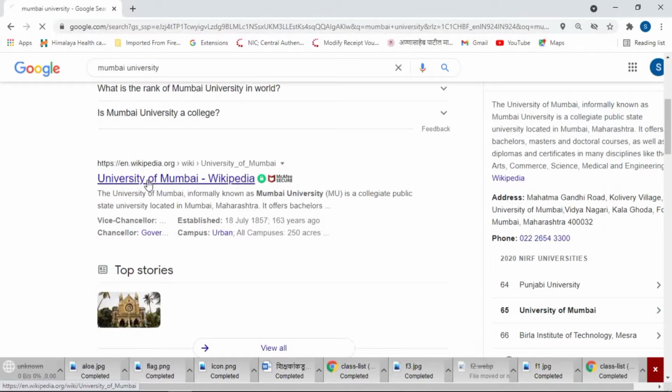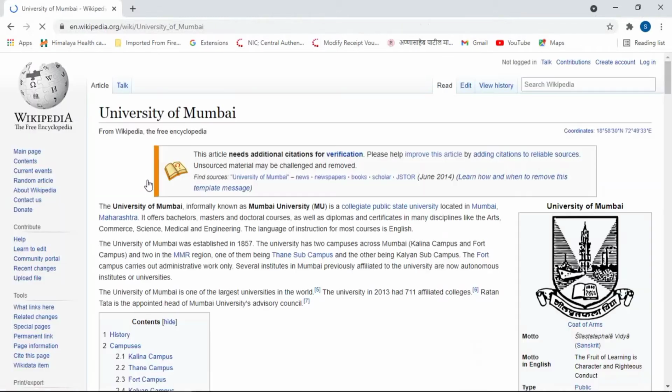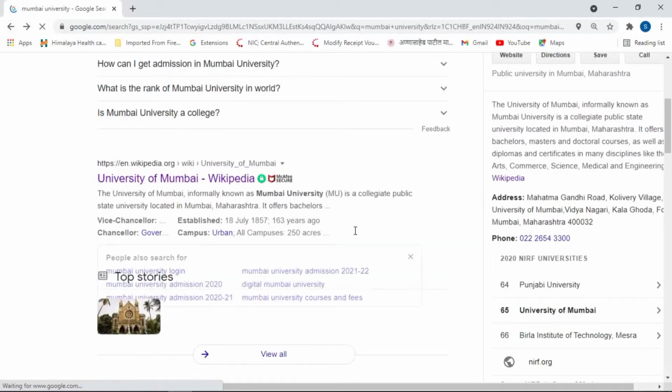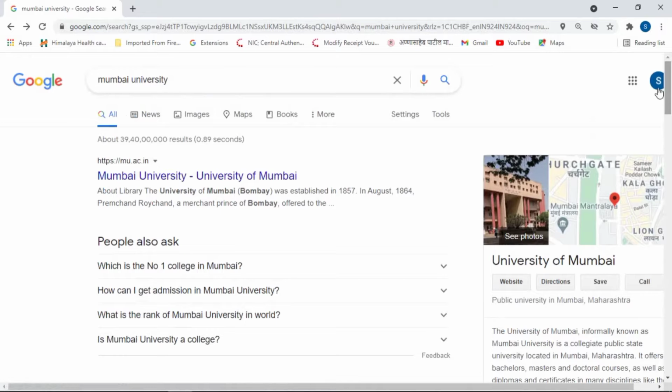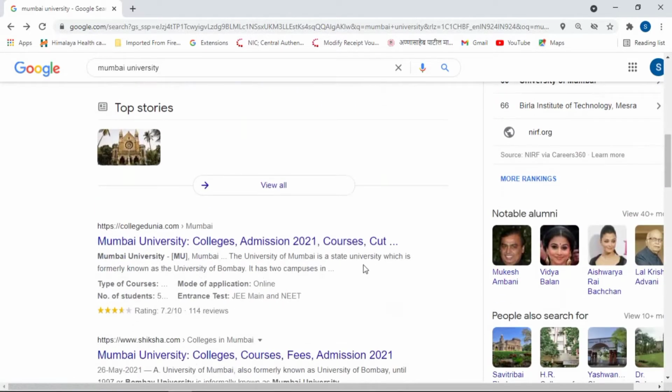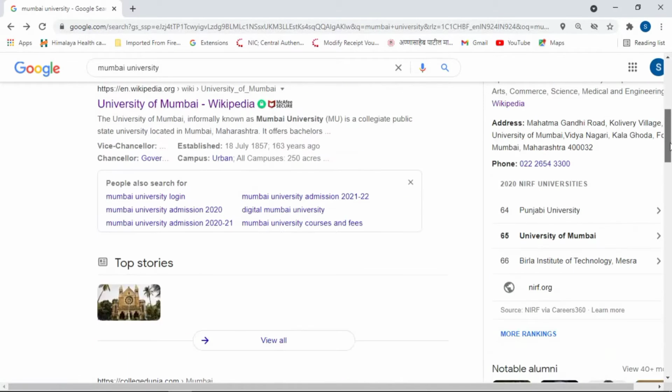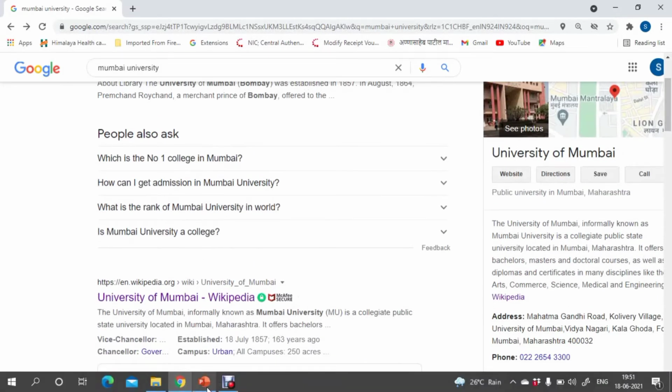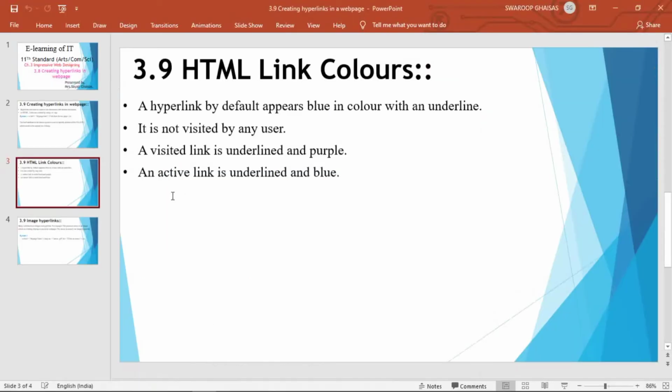If I visit this site, now go back and you can see here, this site I just visited, that's why its color is purple now, and the sites that have not been visited are appearing in blue color. So in this way a visited link appears in purple color with an underline.